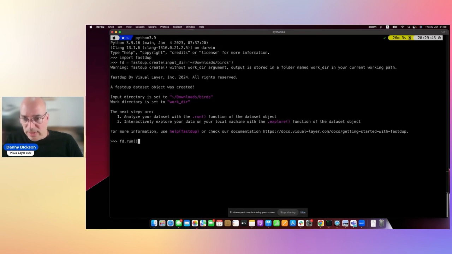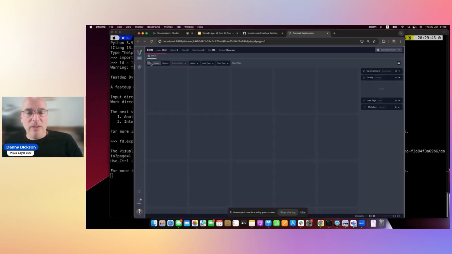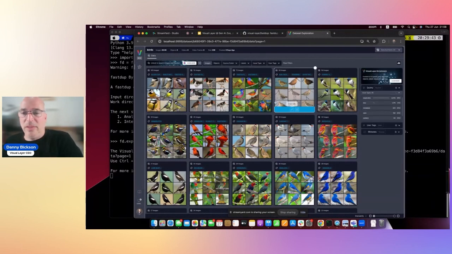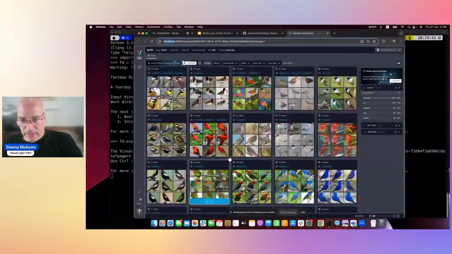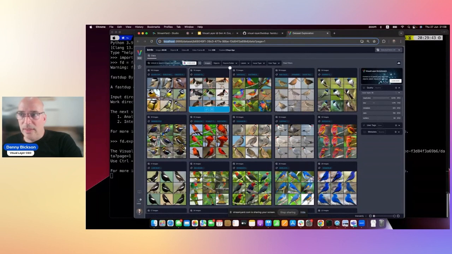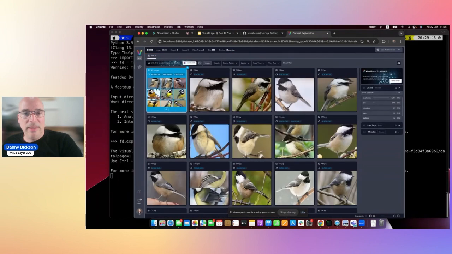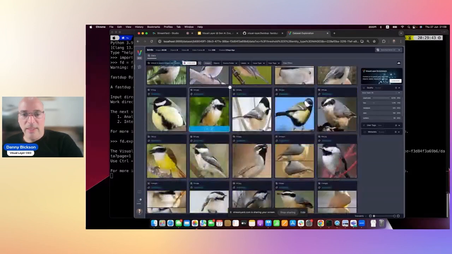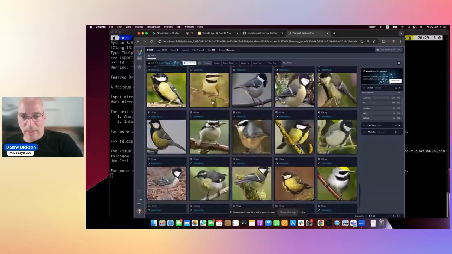This one I will skip because I did it before the talk. It takes around 2 minutes for 90,000 images. And the next step, I would like to visualize. So what I do is explore the dataset. It opens a new window. So you can see we have this popular dataset. It runs on my laptop. It points to the localhost, and I start to see interesting clustering. That's not part of the dataset. It's part of our visual clustering, where we are able to find similarity across different types of birds. And this relates to the graph engine we're building, which basically,